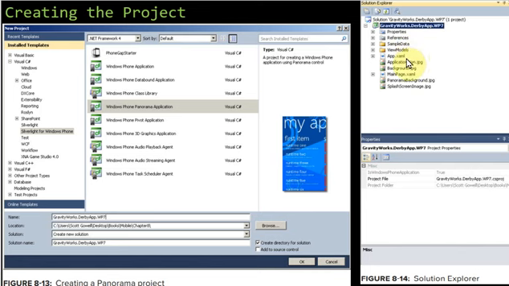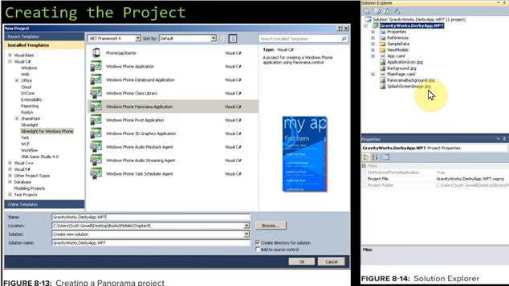Then app.xaml, that is the entry point, you can say. Main page, that is your home page, or you can say the page that loads by default. And application icon, that is nothing but if you have any message or any notification to be displayed, that is toast notification, along with that notification an icon can be placed. You can store it in the application icon. Similarly, splash screen dot jpeg, that is nothing but the image that shows when your app is loading.